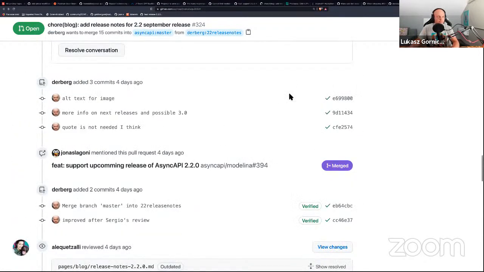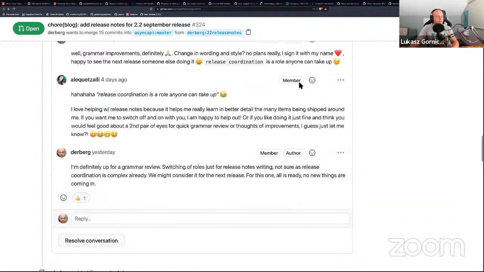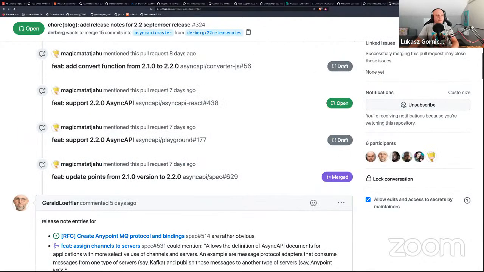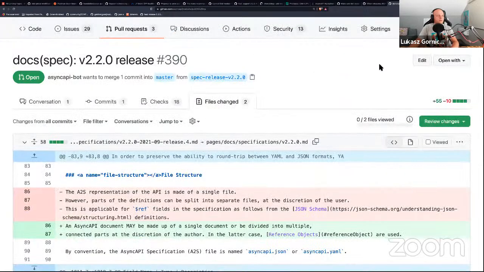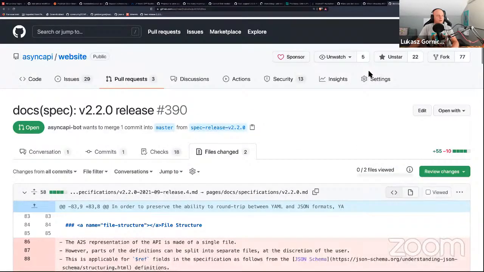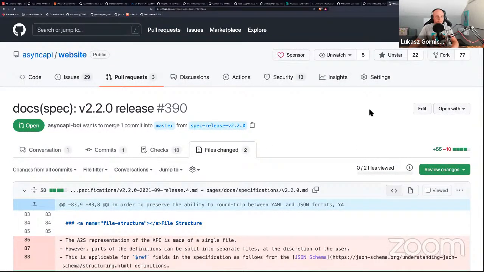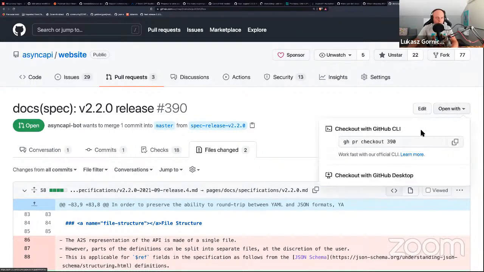Now, one cool life hack about GitHub and GitHub client and GitHub CLI. Actually, you have something like open with, and you can open with GitHub Client. So if you want to quickly check out the work from a given PR, just copy that, get GitHub client, and let's now